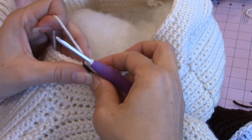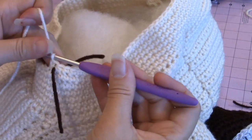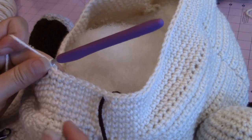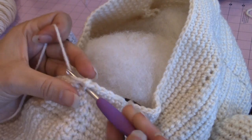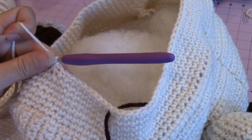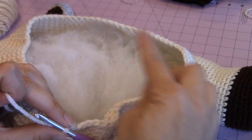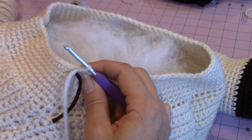And then for this decrease round, you're going to make 1 single crochet into 9 stitches. After you finish your 1 single crochet into 9 stitches, then single crochet 2 stitches together. And then repeat that pattern all the way around back to the yarn marker. So I finished that decrease round with 79 stitches in the round. Then go ahead and move your yarn marker up,